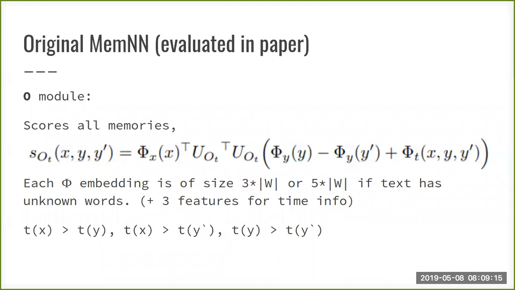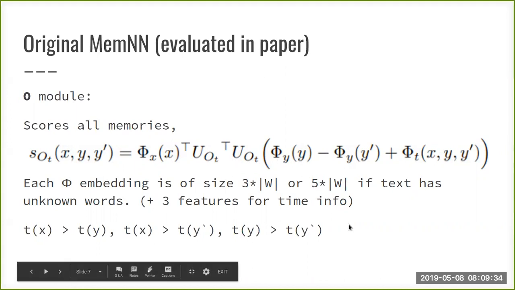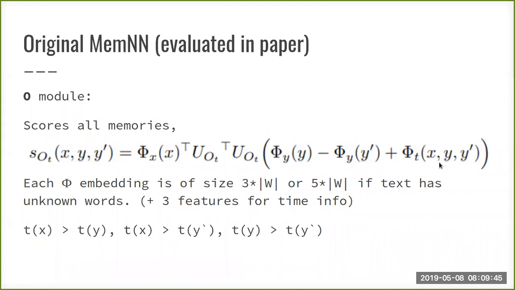Thank you. And otherwise, if the output of the thing is negative, you take the Y dash as the next best candidate, and basically you just iterate from the beginning of your memory till the end of your memory, and store the best candidate answer, pretty much. And this is some extra embedding that is conditioned on all the inputs that you give it. It does help to take the time into account, I guess.